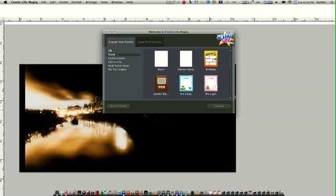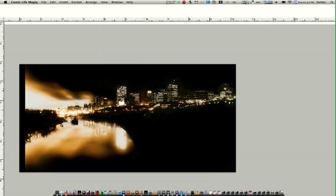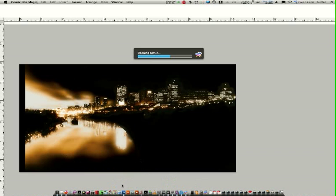So just do that and just kind of open a basic template here. And I use a variety of these programs all together, so that's why there's all the jumping around and